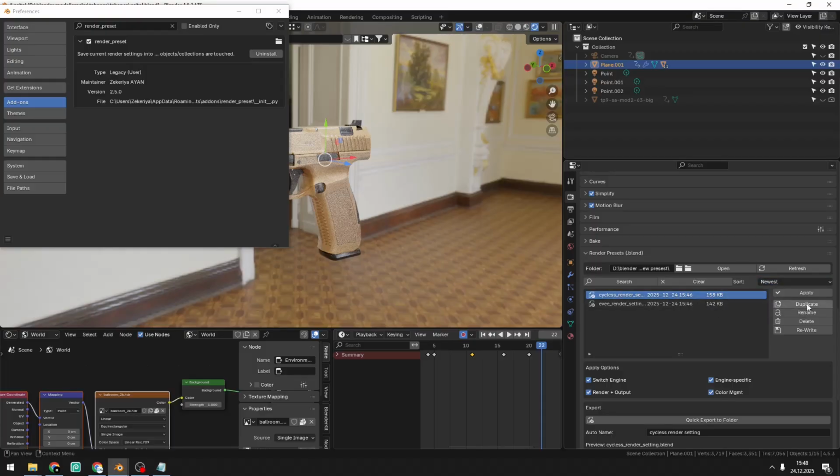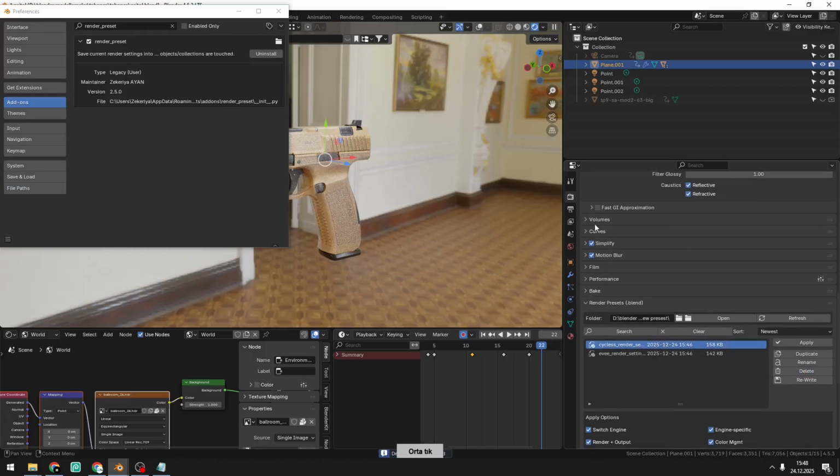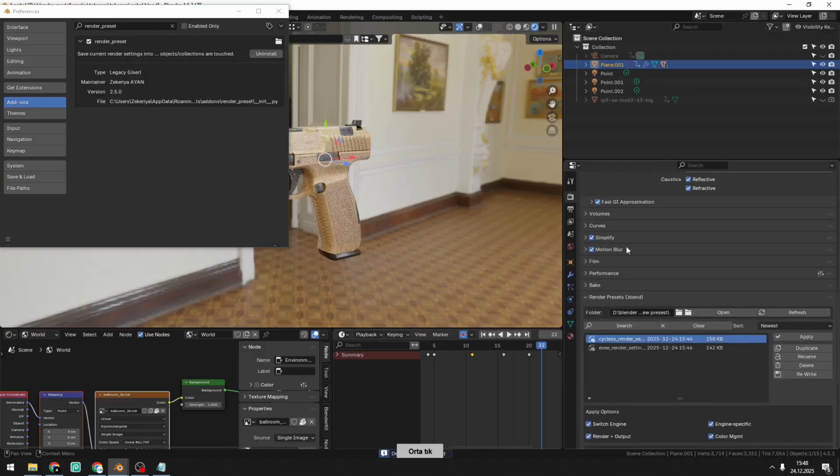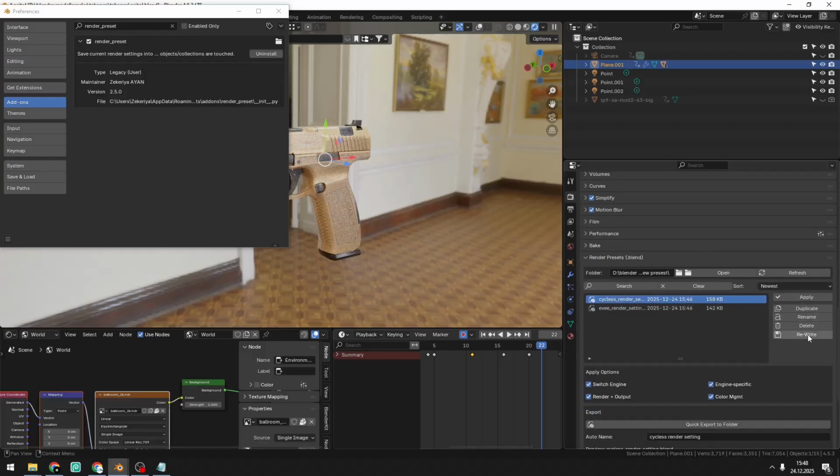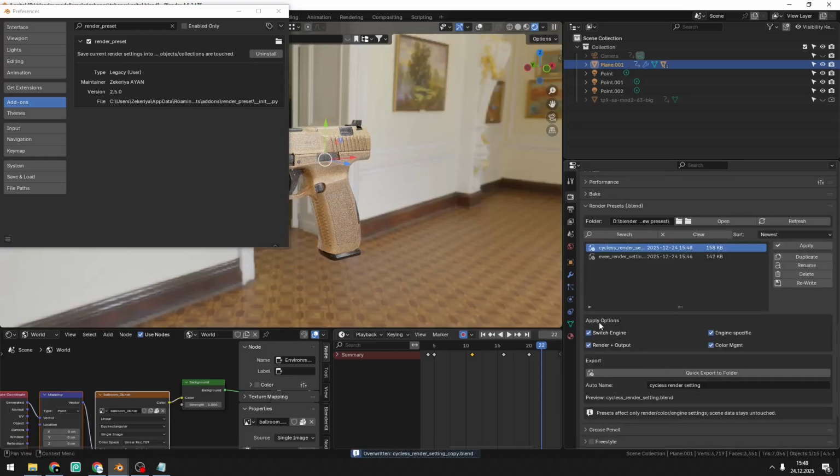If you want to duplicate, and if you want to rename, okay, and delete. If you want to make a change, some adjustment, you can rewrite the selected onto file, rewrite, and you can